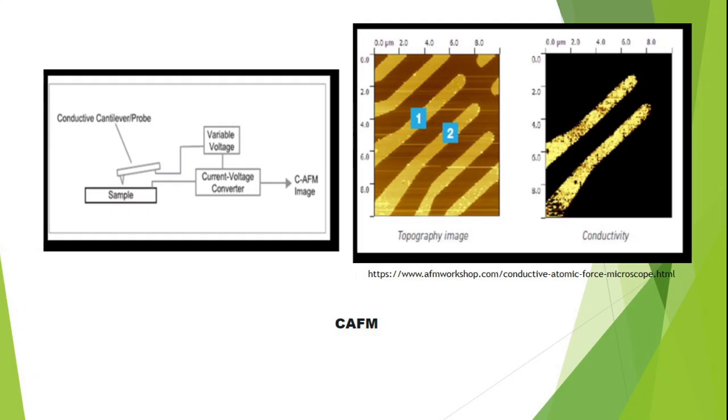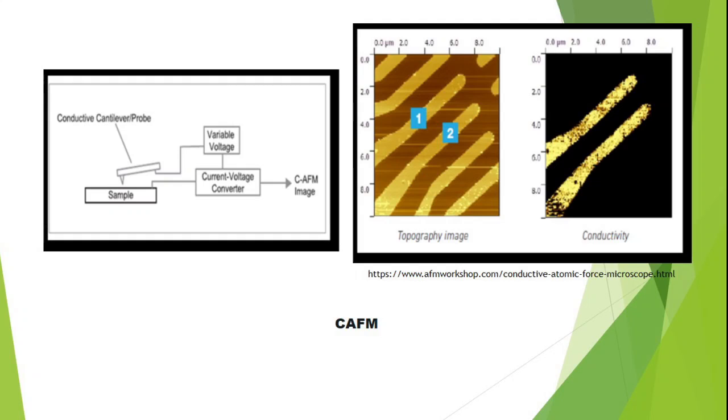Similarly, you can do a conducting AFM. So what happens in a conducting AFM? Voltage is applied on the tip of a cantilever. So first, we do a normal surface scan so that we can see a surface profile. This surface scan is done either in tapping mode or non-contact mode. On the right hand side you can see two images. The first one is the topographic image of a surface, but in the second